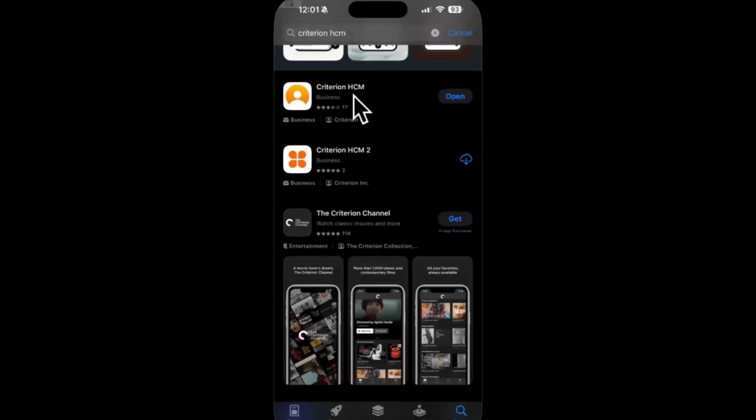as well. You'll see there's two in here, Criterion HCM, which is the, I would say, older version, the legacy version of our app, which you may be familiar with. And then there's Criterion HCM 2, which is the new mobile app. And I'm going to start from the beginning, which is to download it. So it should just take a few seconds here to download, and then I'll go ahead and open it right